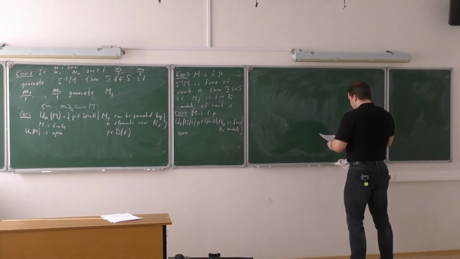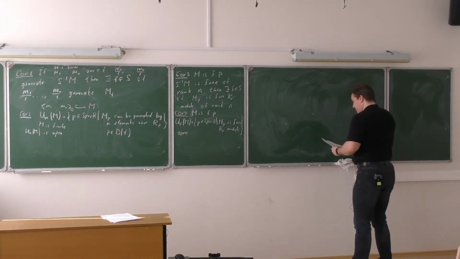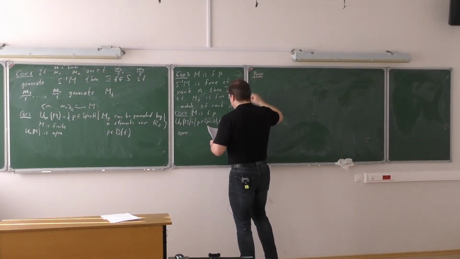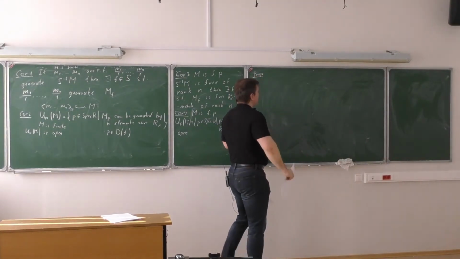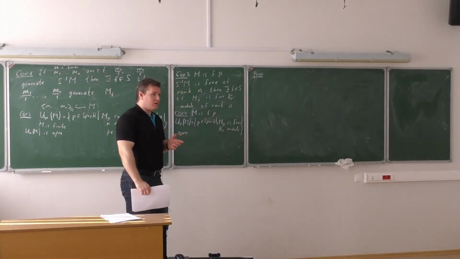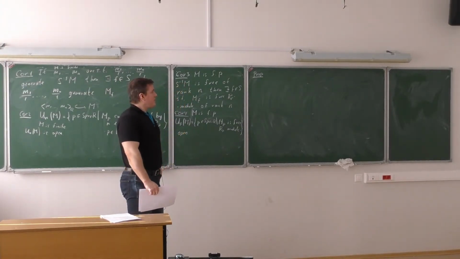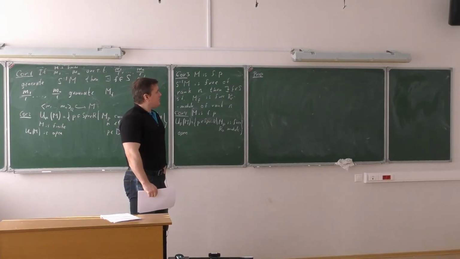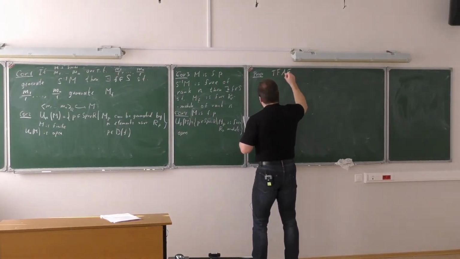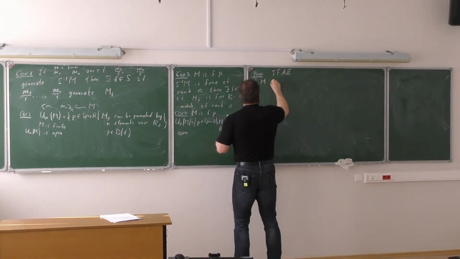One important observation, I don't know where to start, but maybe I start with this proposition. A couple of propositions. So I was saying that we can check stalkwise that a module is, for example, projective. It's just what we do. The counterexample we saw in the seminar, I'm going to see maybe in some other seminars. But we can actually do this for flat modules. So the following are equivalent. So the first property is that M is flat.